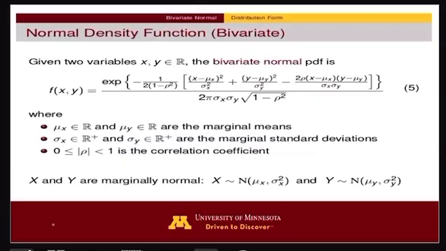But there's something I really want you to pay attention to here. Imagine we plug in 0 for rho. If I plug in 0 for wherever I see rho, that means a relationship does not exist between x and y. What I'm actually going to get will be a product of the marginal density for x and for y. And that is the reason why in statistical analysis,